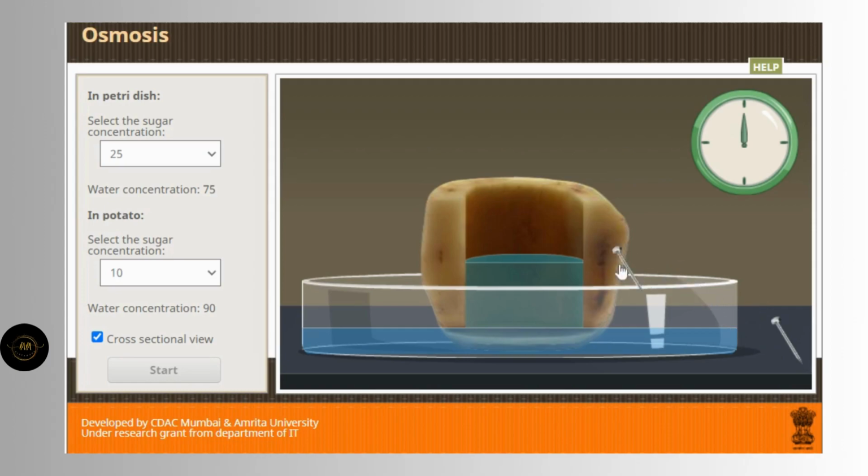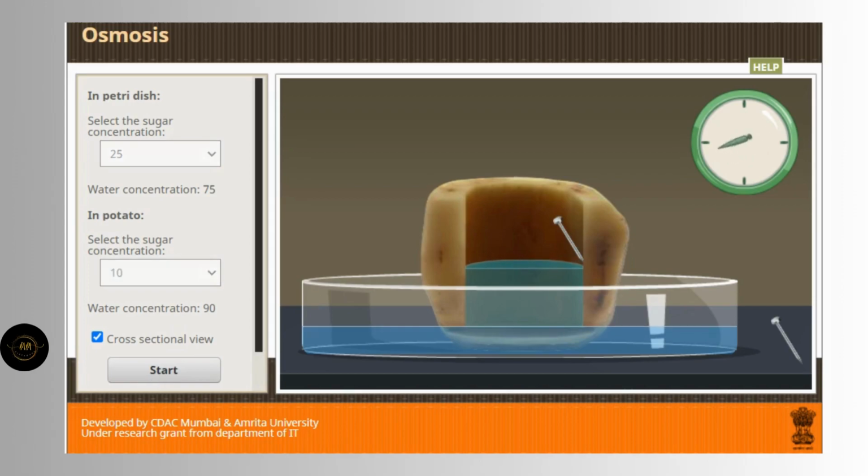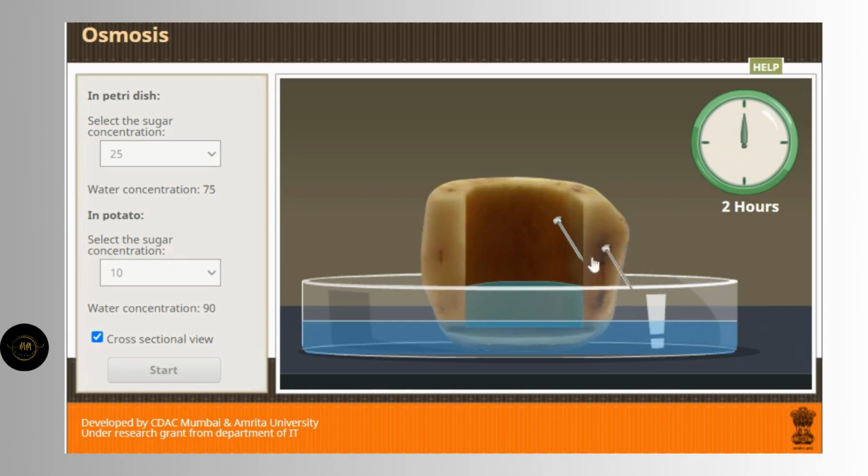I will put this nail just to label the concentration, the level of solution that we have inside of the potato, and let's observe what will happen. So if you notice, I'll use my second nail just to prove that you see the difference. So if you notice, the concentration of solution inside of the potato decreased, which means that it moves out to